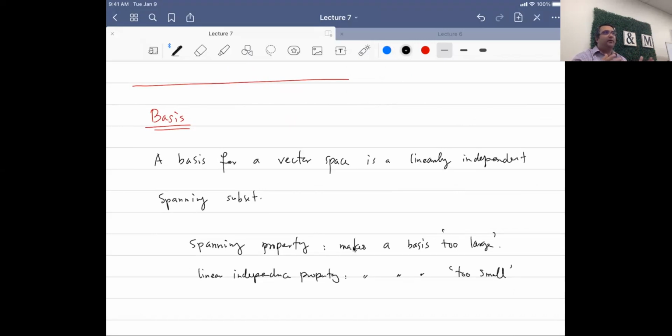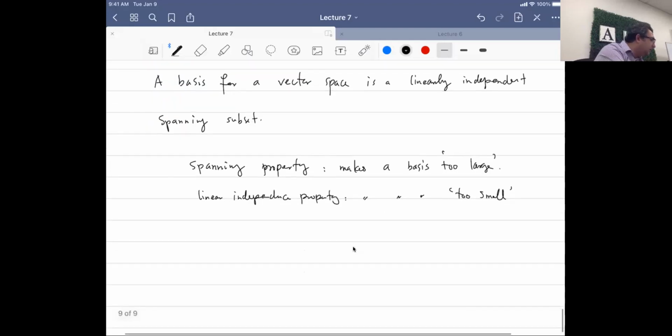So yeah, there are bases for R2. And in fact, for any vector space, there must exist a basis. Okay, so here is an example. The set